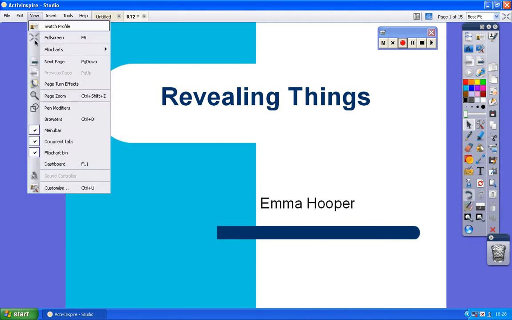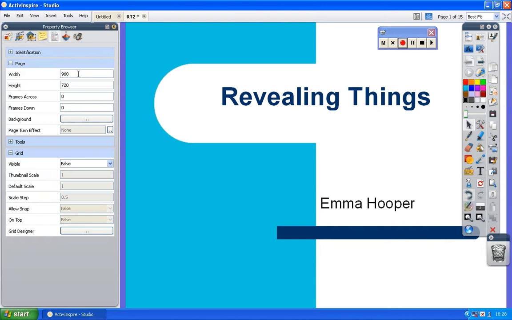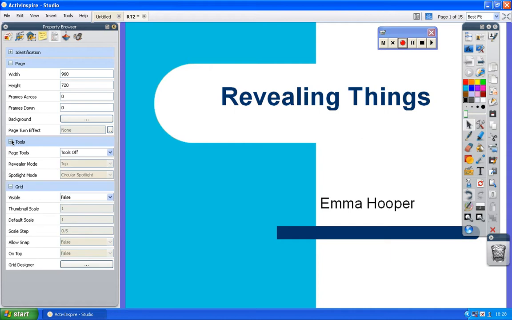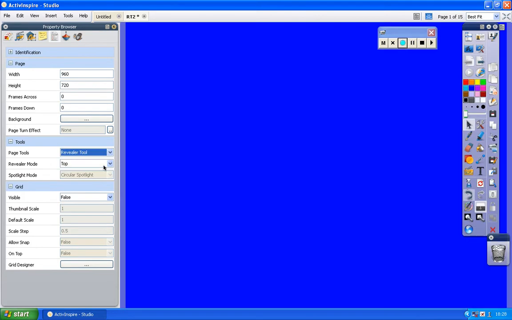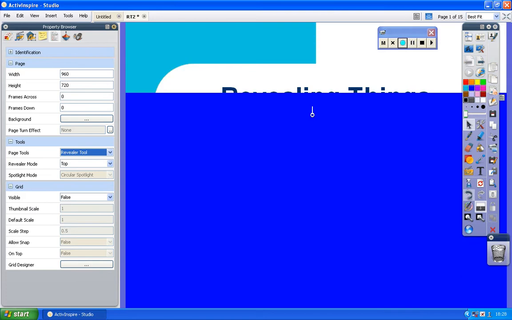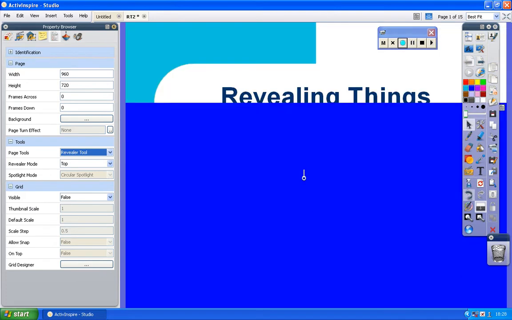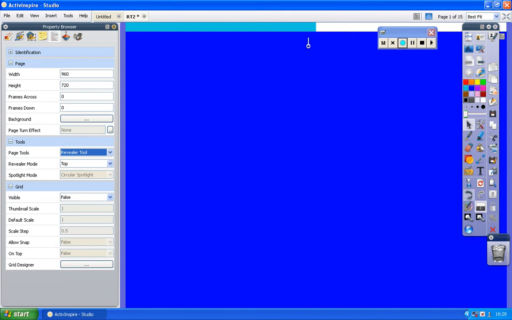So if I pop up the browser menu here, I want to select the property browser, go into Tools, and go into the drop down menu of Page Tools and click on Revealer Tool. Now that's automatically assigned the Revealer tool to my page from top to bottom, and I can move it up and down. If I wanted it to go from left to right, I click on Revealer Mode,